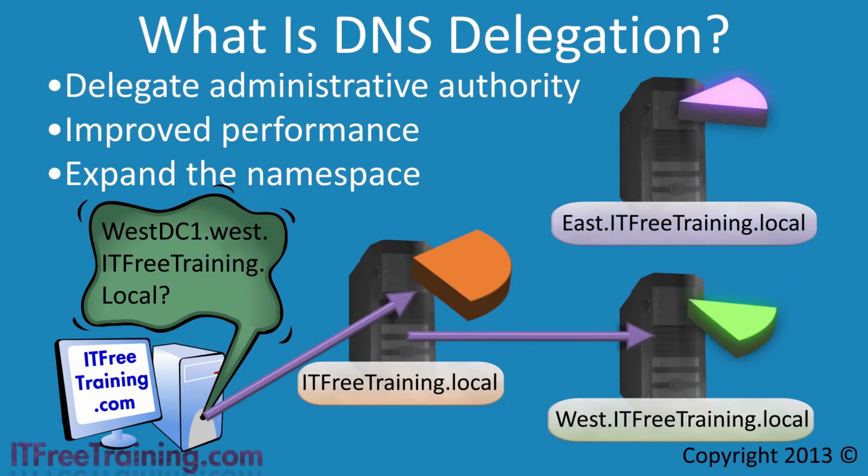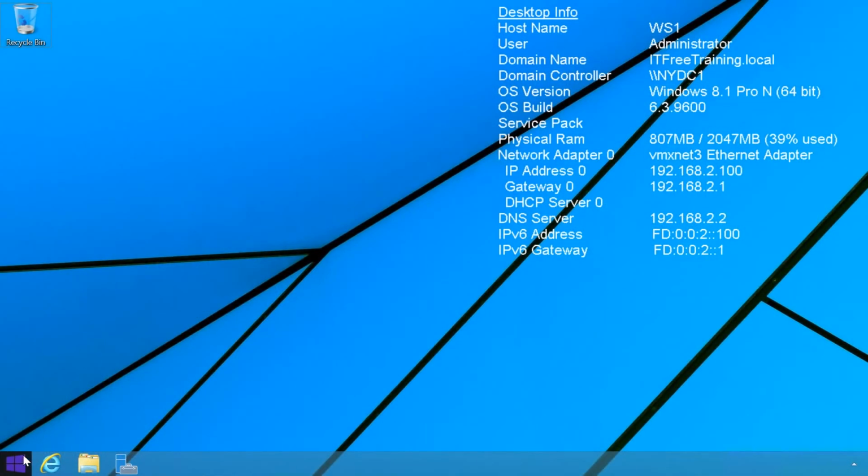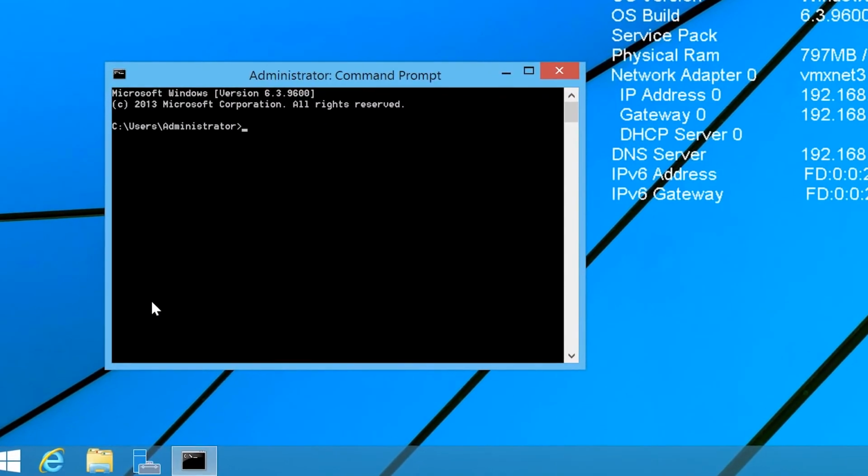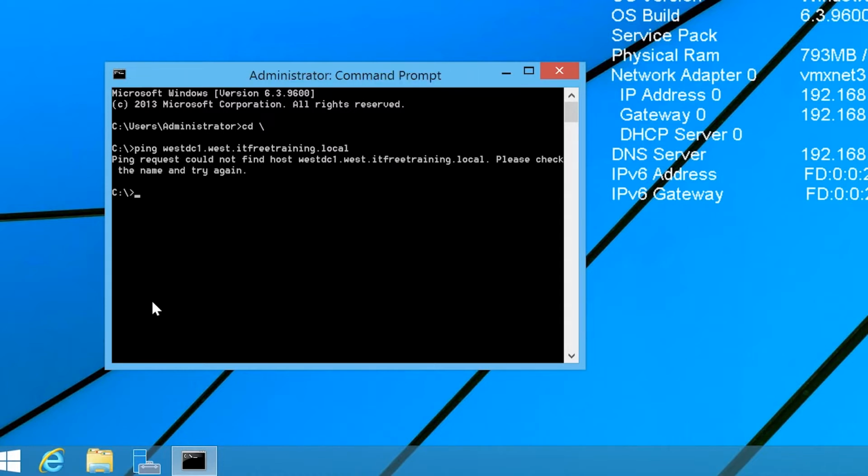I will now change to my Windows 8.1 computer with remote administration tools installed to have a look at how to configure DNS delegation. First of all, I will right-click on the Start menu and select the option to open a command prompt. From the command prompt, I will attempt to ping a host in the west.itfreetraining.local domain. As you can see, the host cannot be found because the DNS delegation has not been created as